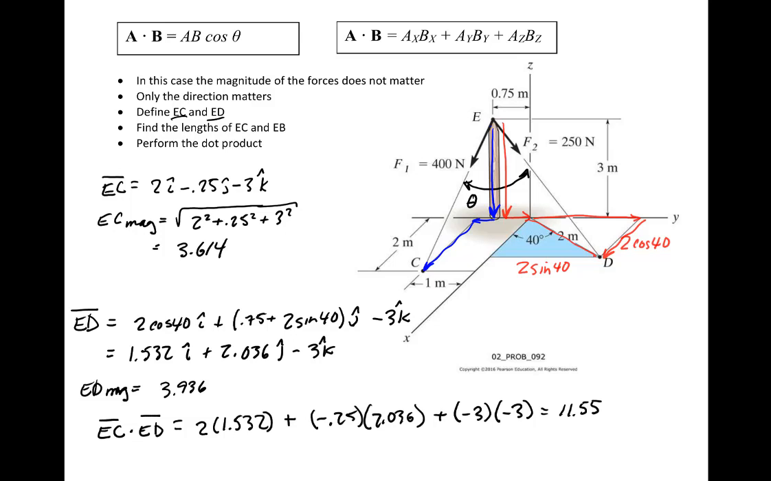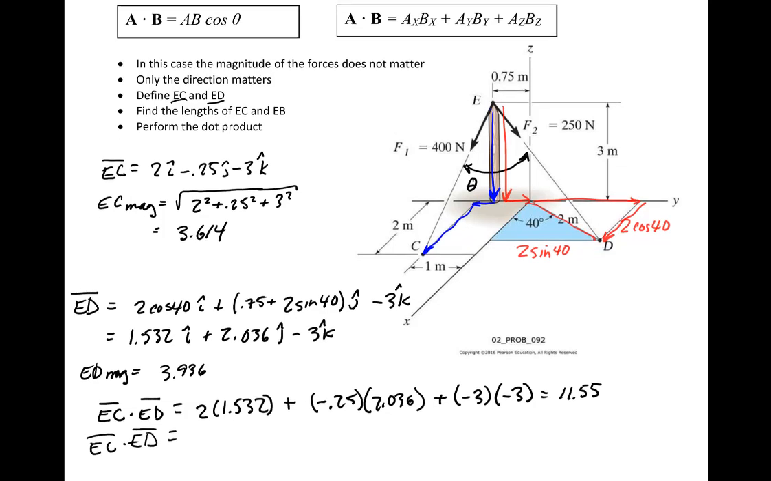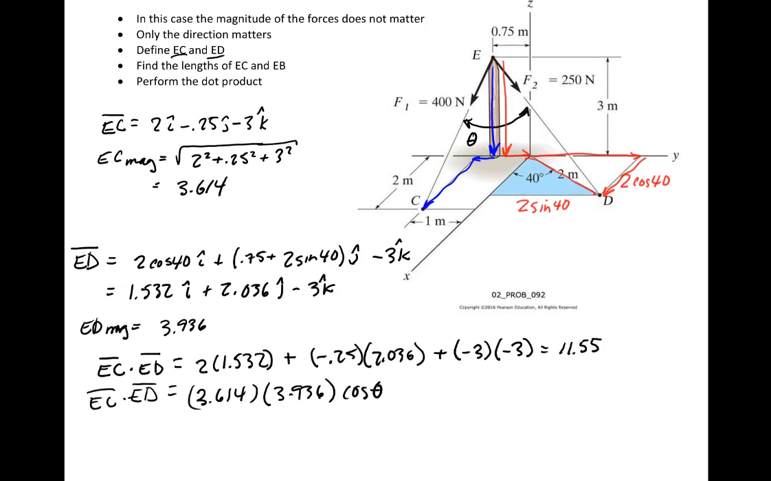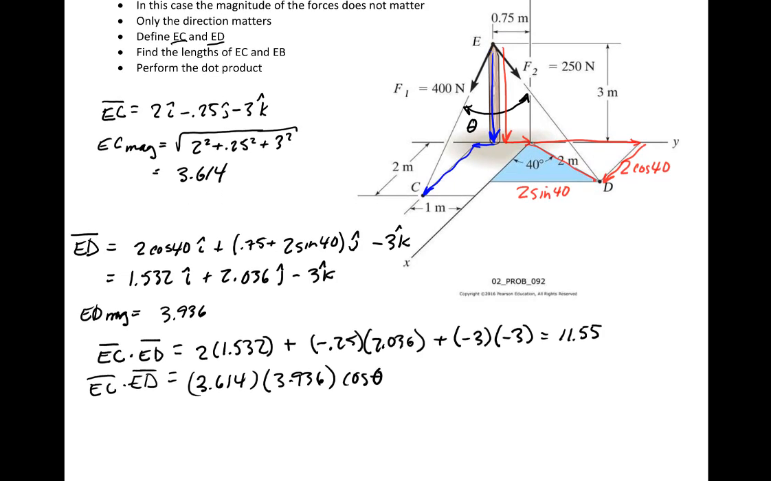Let's do the other side of the dot product. So I'm going to do a similar thing. EC dot ED is going to be the magnitude of the 2 vectors, so again we're using this side now. It's going to be 3.614 times 3.936 cosine of the angle,